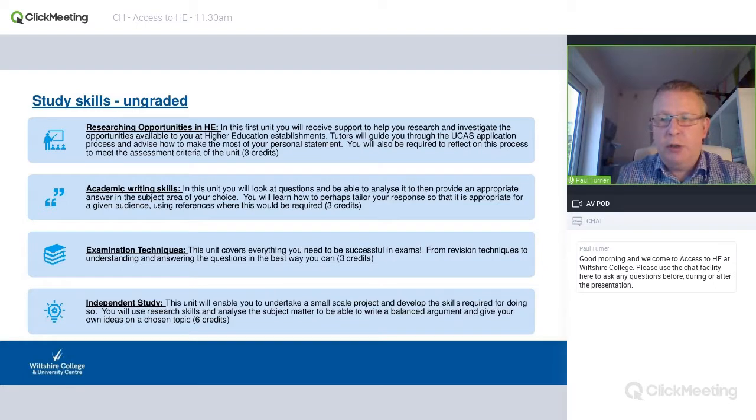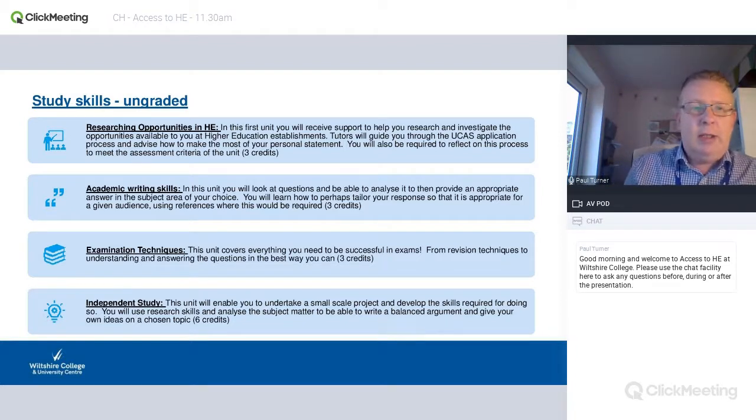So finally, looking at the study skills unit. Again, as I said, the first assignment that you would be looking at, and the first activity you're doing, is researching your opportunities in higher education. After all, this is our complete aim. This is what we want to do. And this is